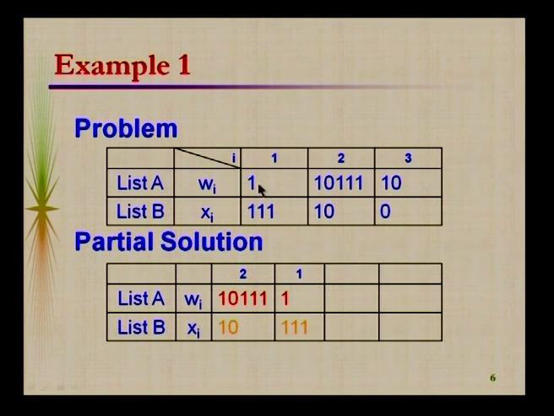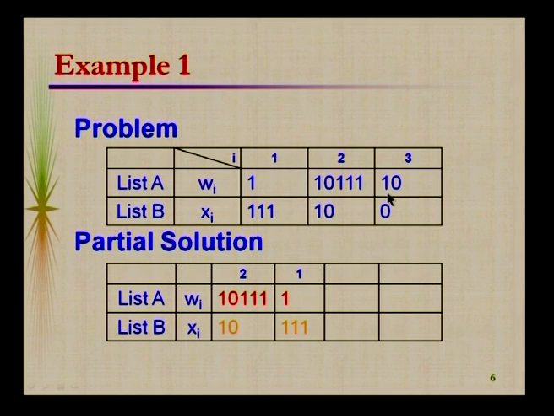So w1 is a prefix of this x1, so it can be a partial solution as it is. And once again, when you look at list A, the second string is 1 0 3 consecutive ones, the second string in list B is 1 0. So once again there is a prefix match, but in the reverse direction. List B is going to be the prefix of list A. Still there is a partial solution which can be obtained by taking only the corresponding pair 2.